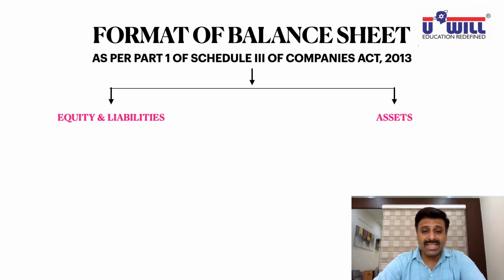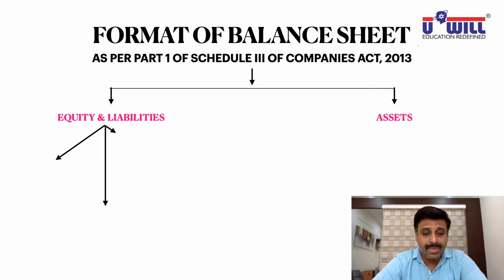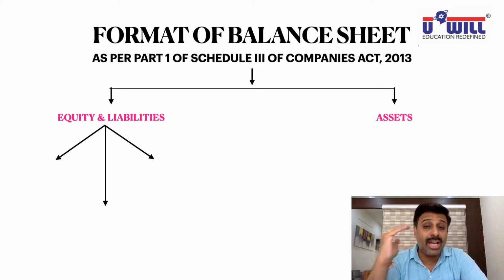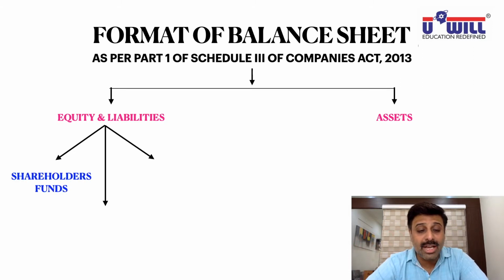Now understand this, equity and liabilities includes three things. All of you are supposed to write these in the notebook. The word equity means what? Equity is like the capital in sole proprietorship and partnership firm. So equity here, capital is provided by whom? Shareholders. So you remember equity and liabilities. Equity means shareholders funds. I repeat, here the word equity means what?